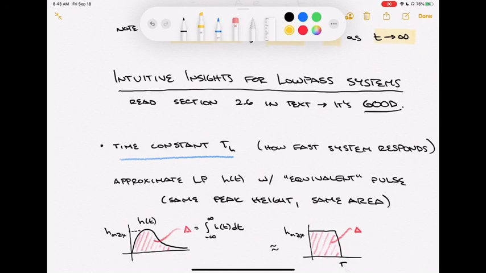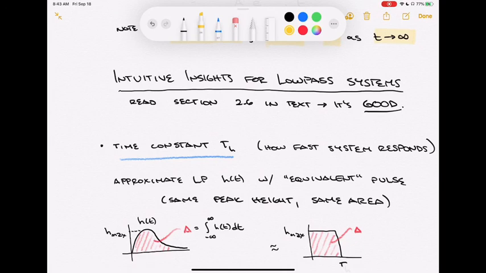The first part of this section, or in fact almost all of the section, is looking at behaviors of low-pass systems. And so we're going to need to think a little bit about low-pass systems. The first thing it considers is something called the time constant. A time constant of a system is really just how fast the system responds. So if I do a quick change on an input, like I apply a unit step function, for example,